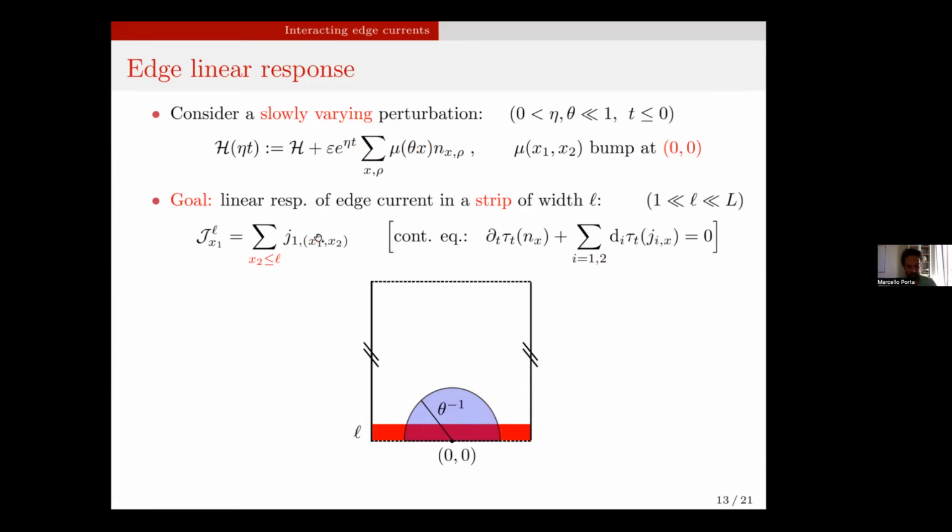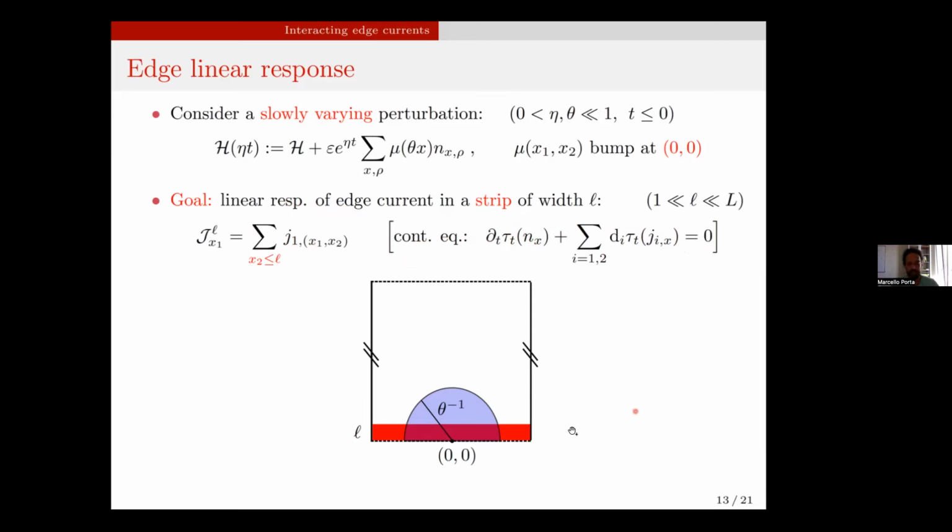So about the observable, I want to look at edge currents. And the way I'm defining this, it's starting from the current density. So this J1 is the current density associated with the direction of the edge. This current density, in fact, is the operator that fulfills the lattice continuity equation for the variation of the density. Okay, so it has an explicit expression, but all we need to know is that J1, J2, the two current densities, are the two local operators that satisfy this lattice conservation law.